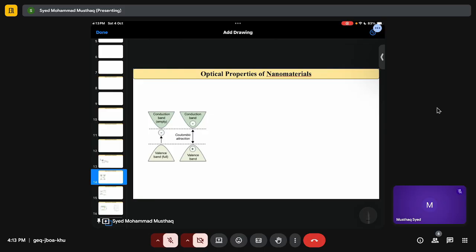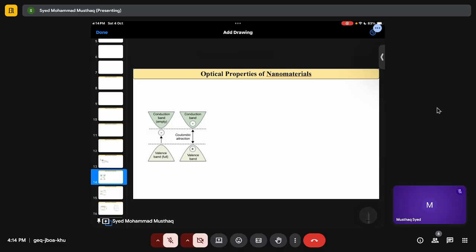So I will explain why some metals are transparent, and also how light goes through dielectrics, and then we will understand what is fluorescence. And also I will explain about excitons, right? So how the excitons happen,